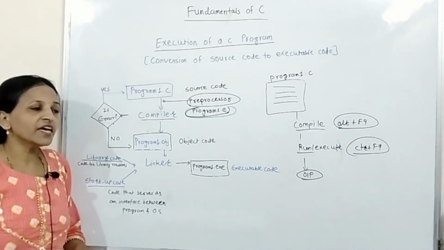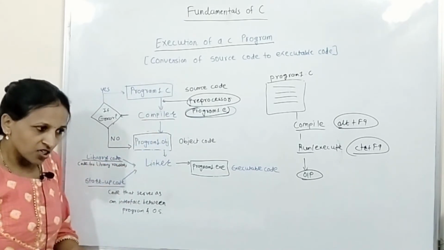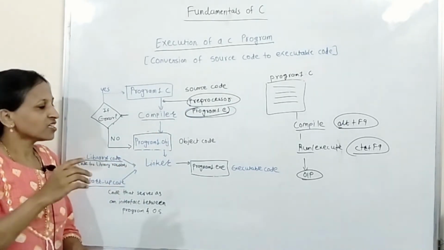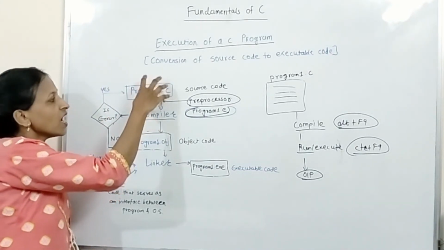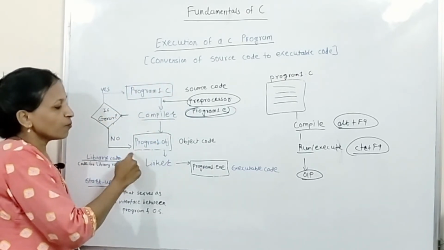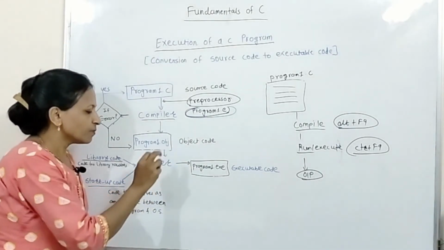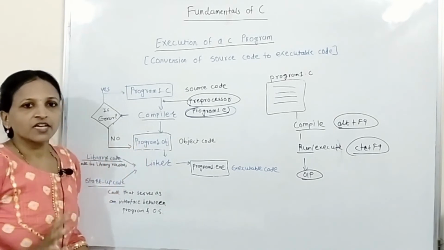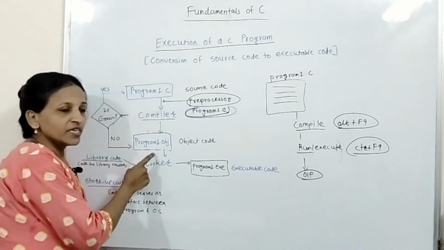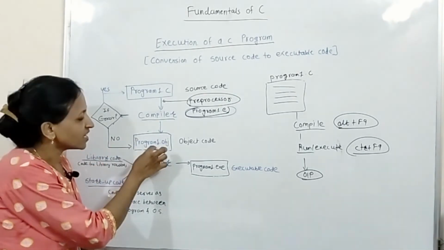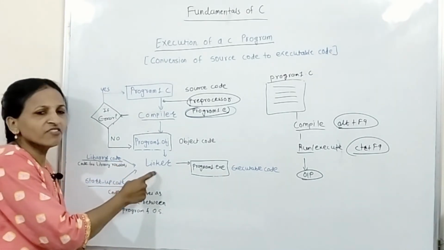Now if any error is found in the source code or that expanded source code, then the compiler will give a list of those errors, and we have to correct all those errors, edit the source code again, and if no error is there, then we will get proper object code, and that is in machine language. Now next point, that is called object code. Here that object code is a machine language code, but again it is not ready to execute. To be executed, some more code should be attached to this object file, then only it will be executable code, and for that the linker will act.